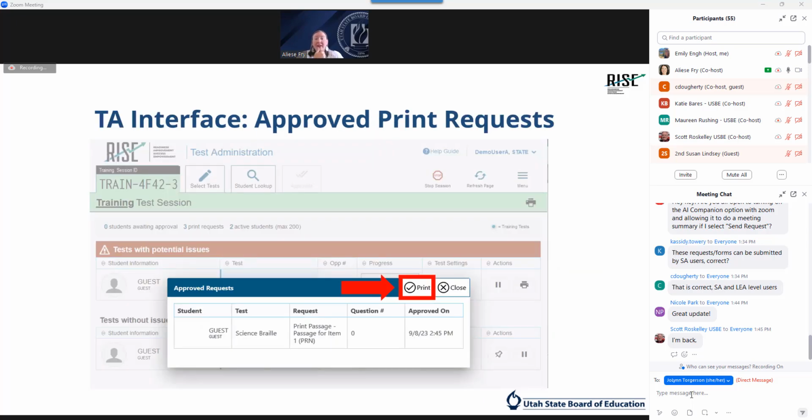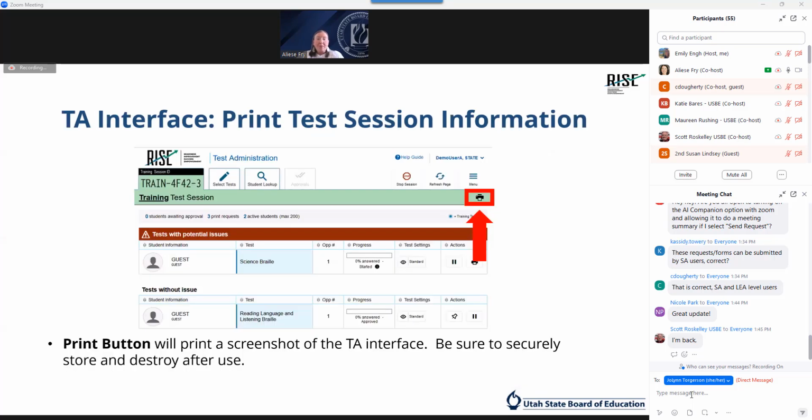The approved request button allows you to view a list of every print request you've approved during the current session. If you wish to print this list for your own records, you just click print at the top of the print requests window. If you want to print a snapshot of the screen in its current view, you can click